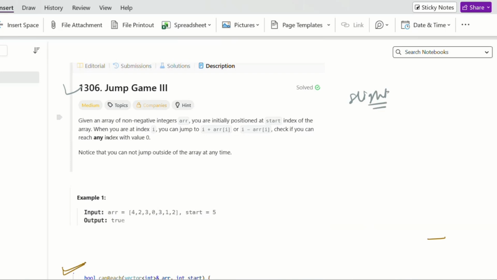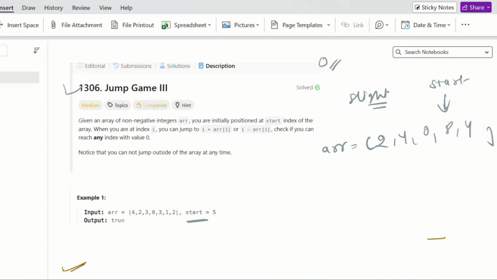In yesterday's problem, we had an array, something like 2, 4, 0, 8, 4, and we needed to start from some start index. In yesterday's question, we were given a start index, but in our current question, our start index is 0.